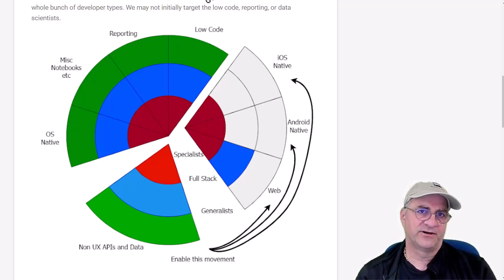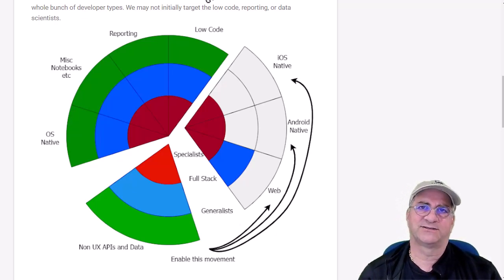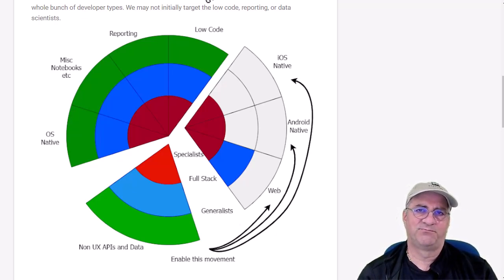And in my mind, Flutter does a couple things. Flutter gives you the opportunity. If you look at those, we end up with a bunch of specialists. For iOS and Android, you basically end up with a bunch of people, and that's all they do. And for web development, a high percentage of the people that are good at web development are web specialists. They may call themselves full stack, but are they? I was trying to create these circles of specialization, and what I was trying to show here is that on the iOS, Android, and web side, you basically end up with a bunch of specialists, and they're only in that slice.